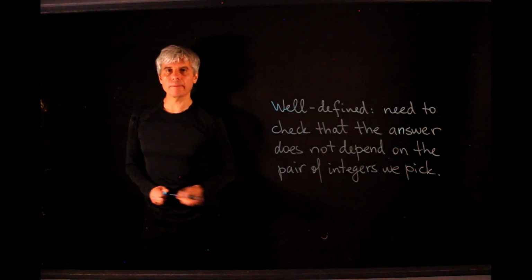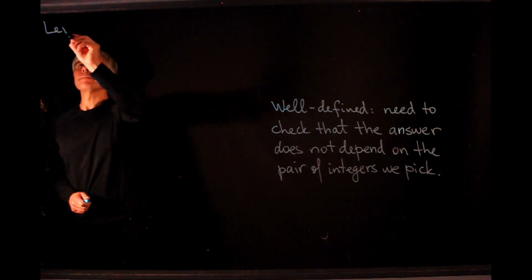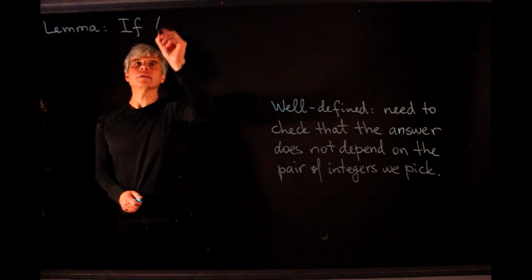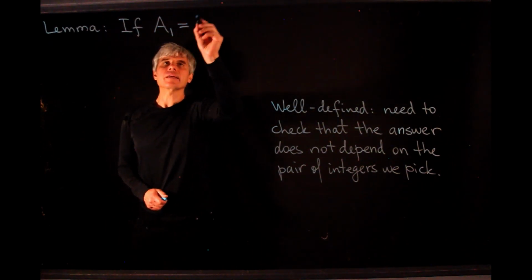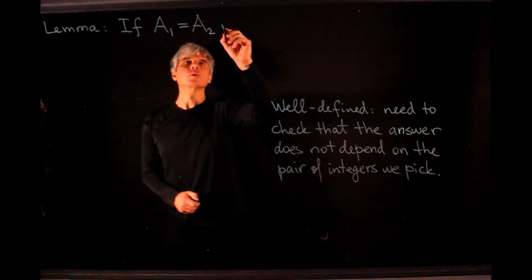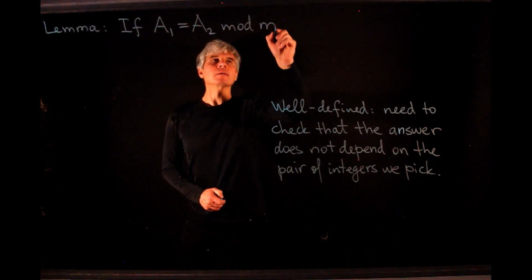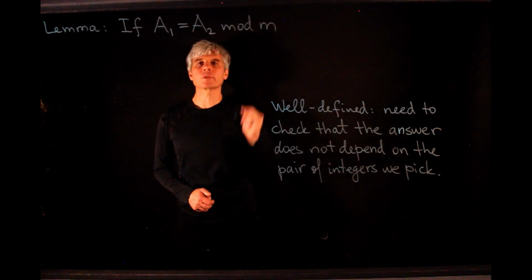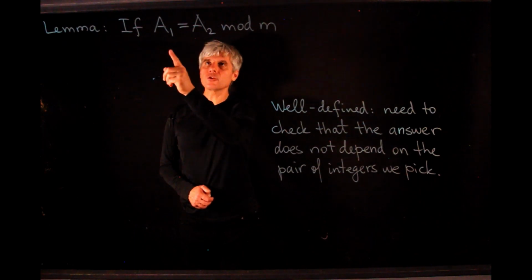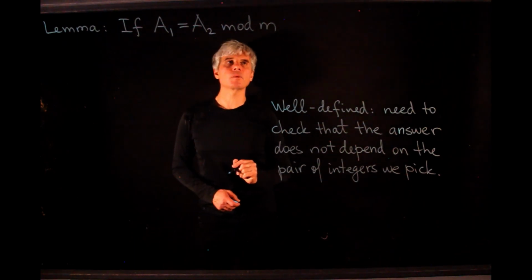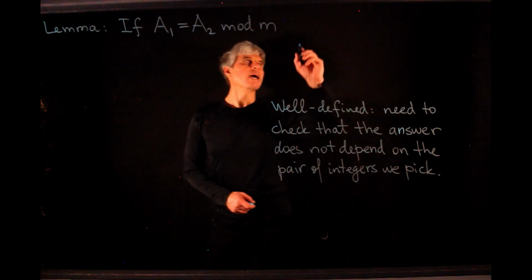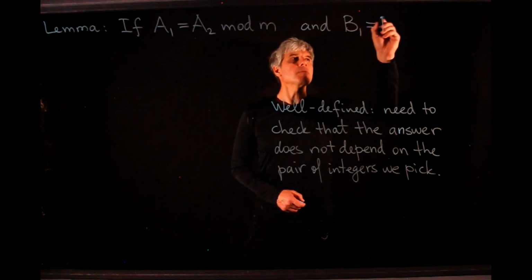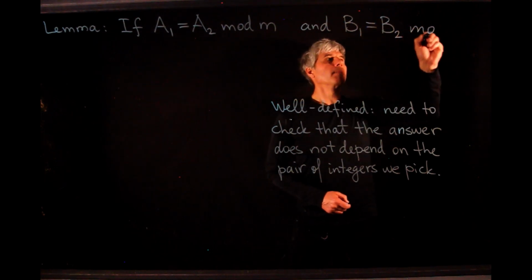Let us state this as a lemma. Lemma: if A1 has the same remainder as A2 after division by m, so we write A1 is equal to A2 mod m, which means that the integers A1 and A2 have the same remainder after division by m, and B1 has the same remainder as B2 mod m,